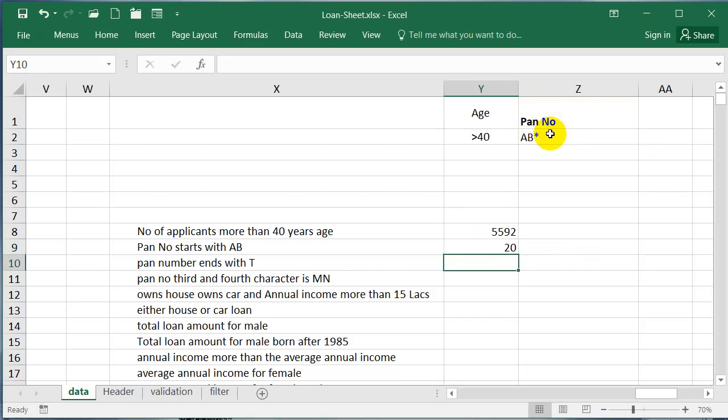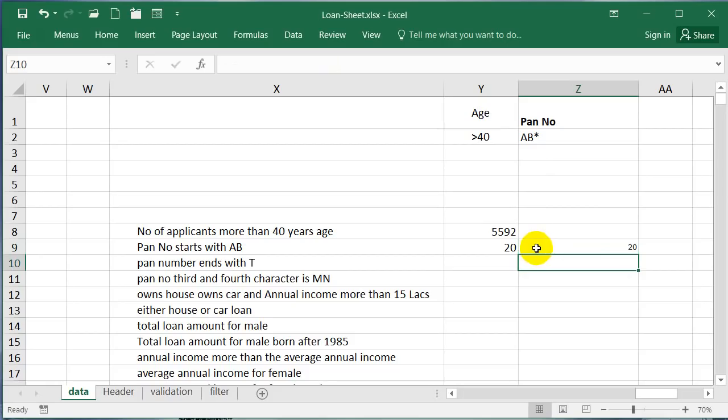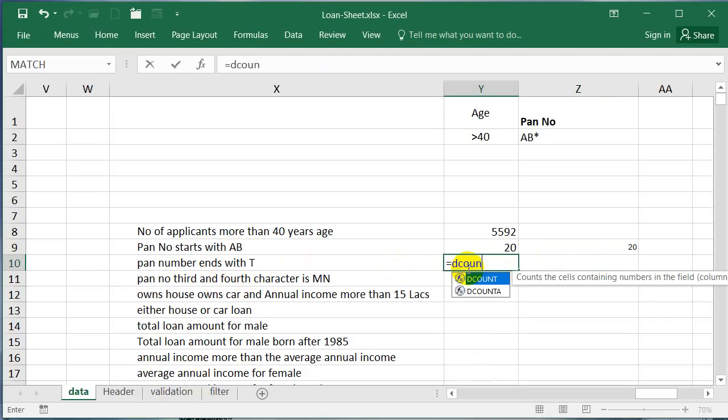This gives you the correct result because you can check it here also. COUNTIF, PAN number, and here we can give AB star. This also gives you 20. But the problem comes when we try to do the same for this second value, which is DCOUNT.